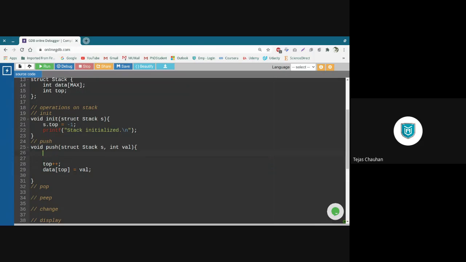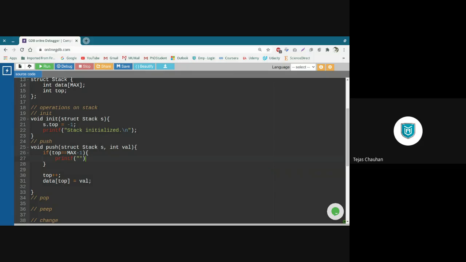But before I store this value, I should check one condition. If my top is already the maximum size, and this is a program which is 0 based index, so we are going to have max -1 here. If max size is 5, then the maximum possible index value will be 4, right? So if your top is already 4, then you can say your stack is full.